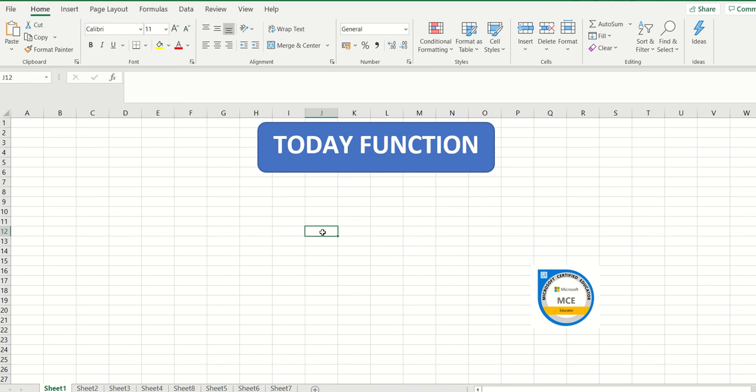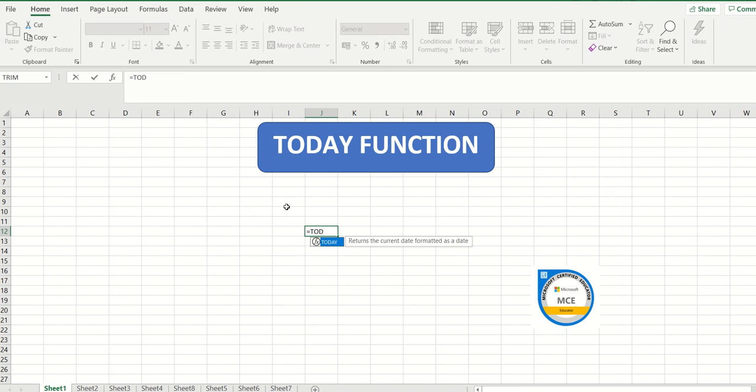As I said yesterday, any function or formula that we are going to use in Excel is going to start with an equals sign. So I can select any cell and then I have to type in equals, then I will type today. Now you can see that the moment I start typing, Excel is automatically suggesting a formula. So you can double click on this formula, or you can go through the upper left hand corner as I informed you yesterday.